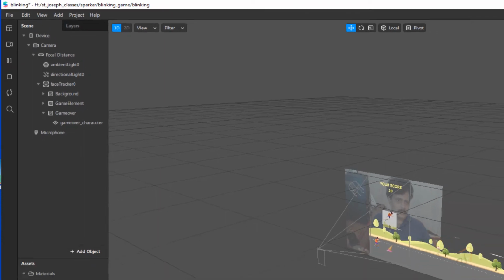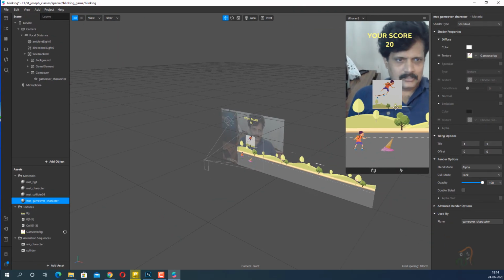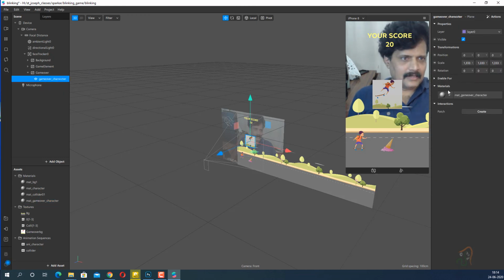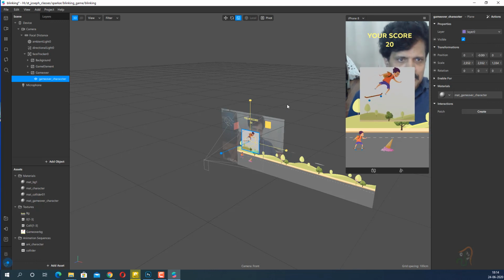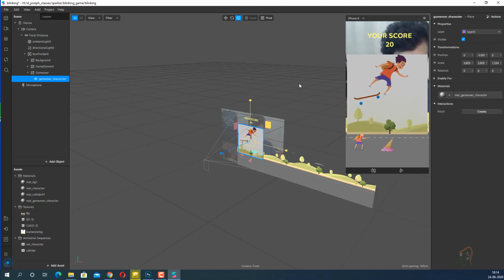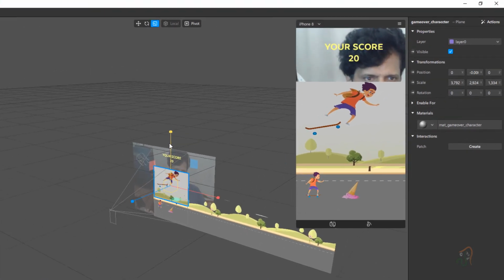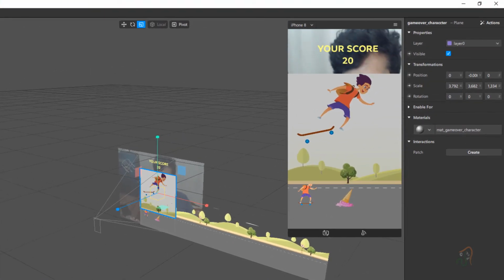So we shall select this image, come back to this game over character, and just press the scale button and scale it so that it fills the screen like this. Move it down, one second, I'll just undo it. Okay, select the move tool and move it down like this.